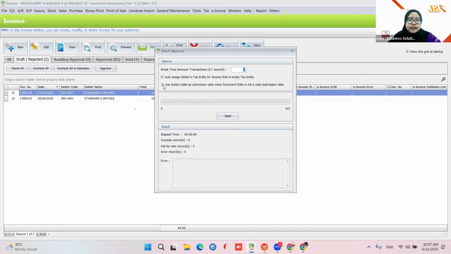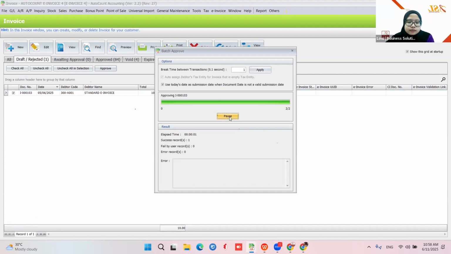So here you can see there is a new column: use today's date as submission date when document date is not a valid submission date. So this is for when the document is already backdated more than 3 days. So make sure this one is ticked. So when you tick,